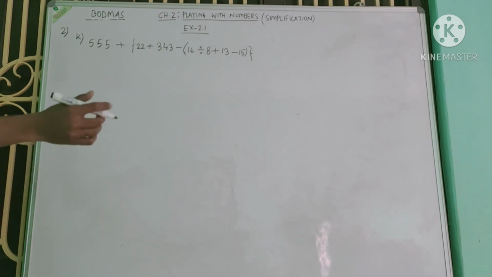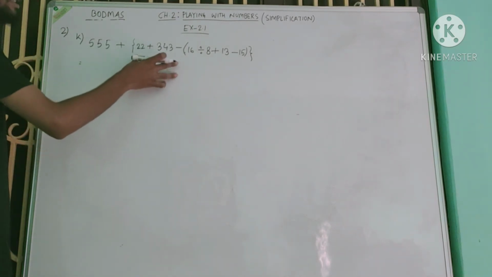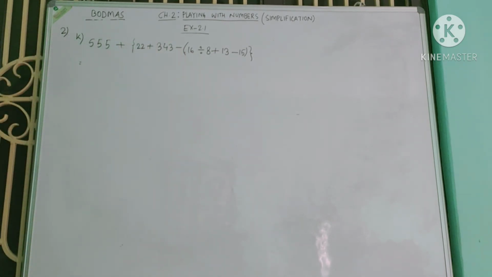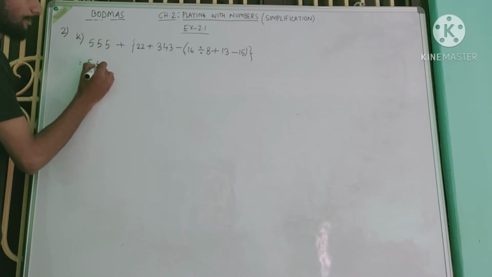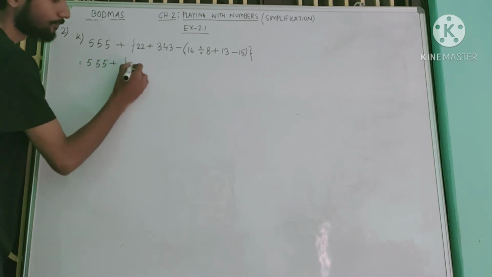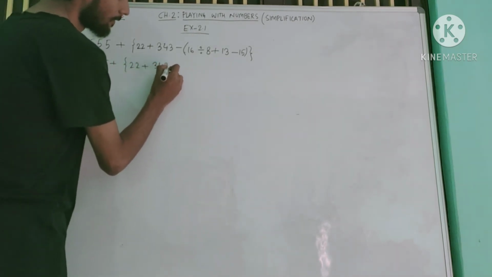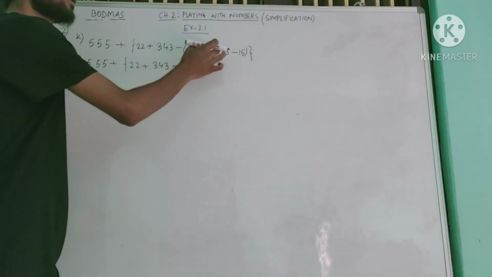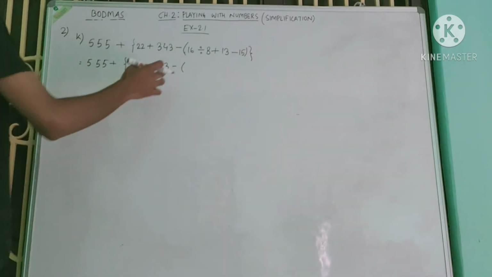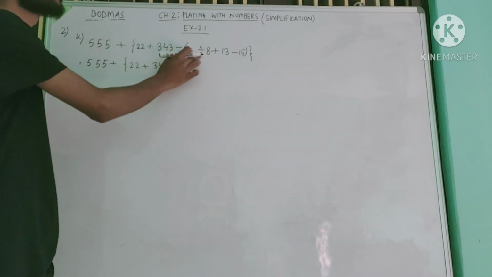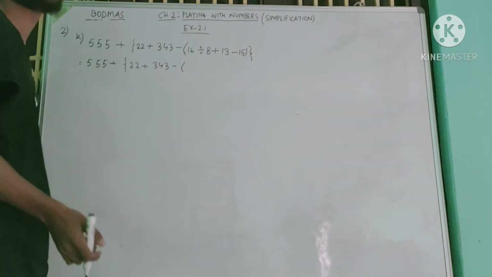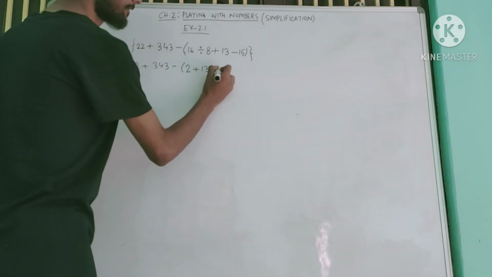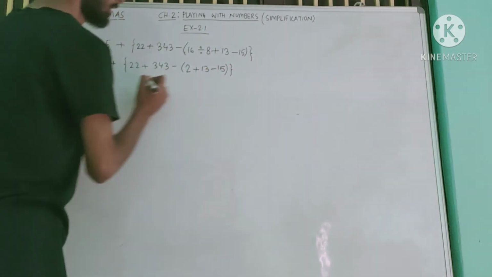Now look at the question number K. In the question number K, you can see here there is second bracket and there is first bracket. So we have to solve for the first bracket first. So all the portions should be same. Now in the first bracket you can see there is divide, plus and minus. So first what we have to do? First we have to do divide. So 16 divided by 8, which is 2, plus 13 minus 15 will remain same.